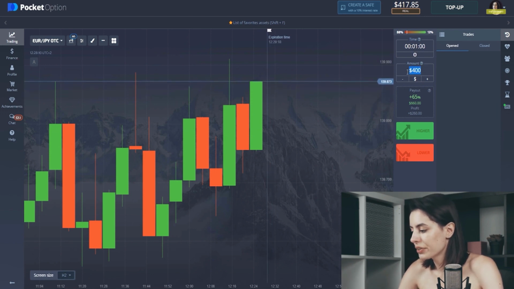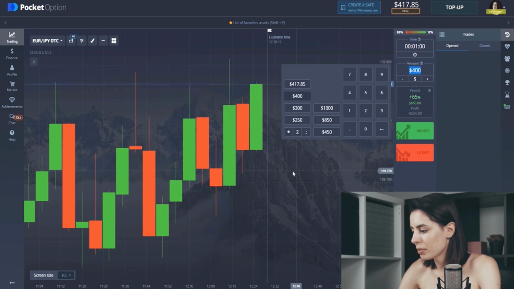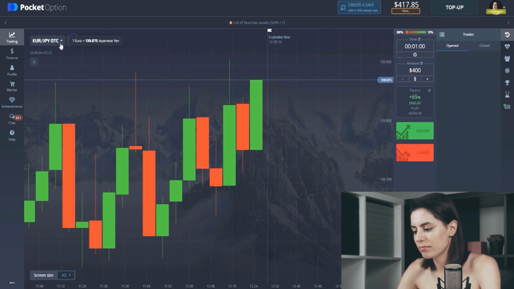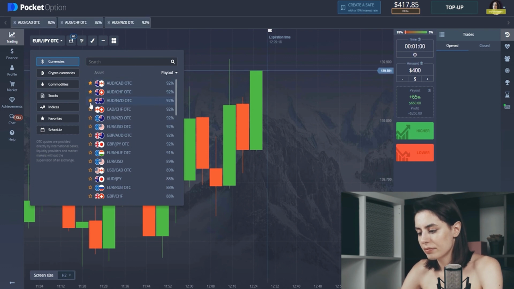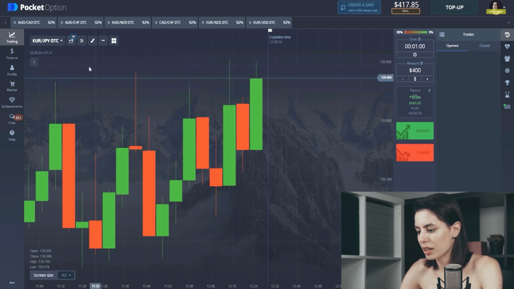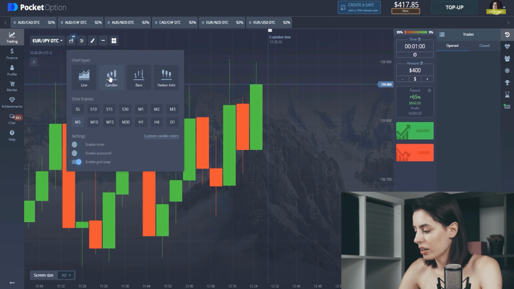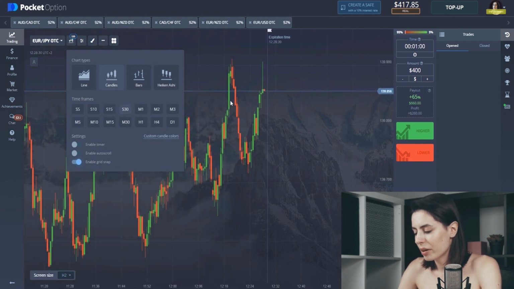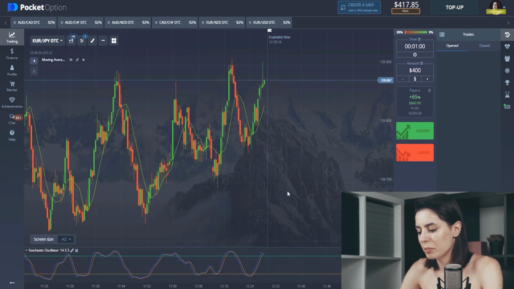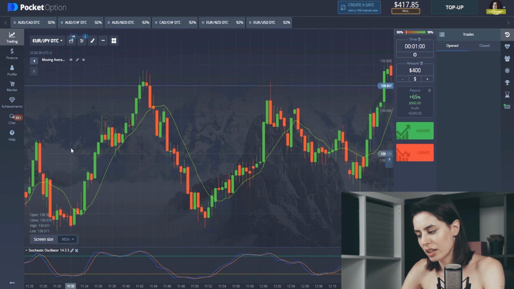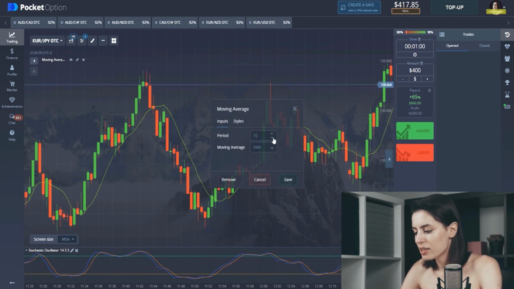So here's the sum that I'm gonna use for the first bet. Here are all the currency pairs already sorted by the biggest payout. You may see 94%, 92%. Sorry, I am a little bit distracted with all the thoughts that I'm having about this strategy that I'm going to use today. And it's going to be the moving average and stochastic oscillator for us. And it's quite simple,